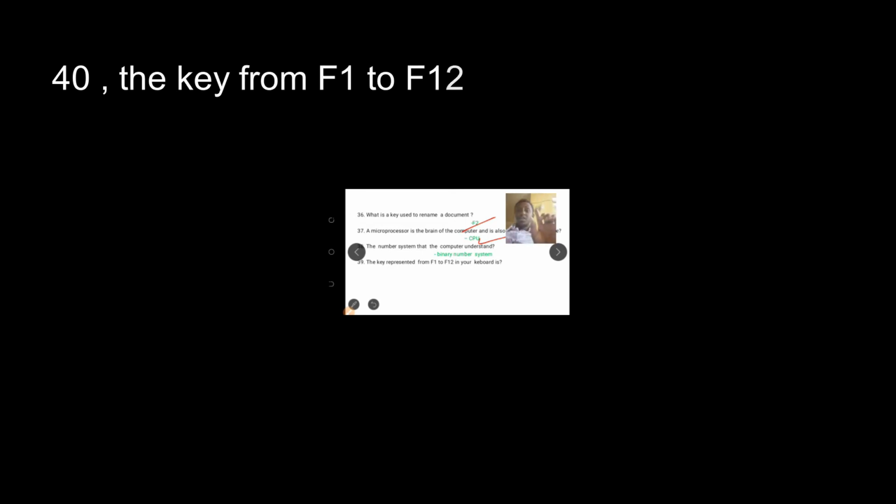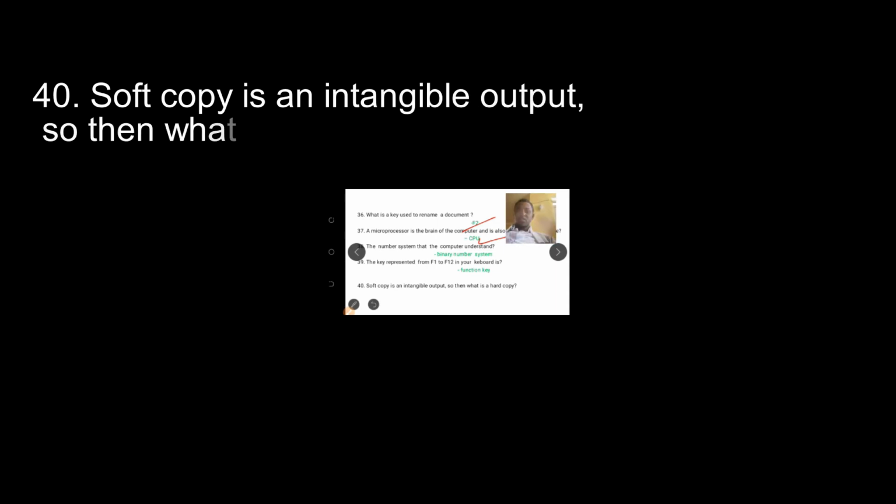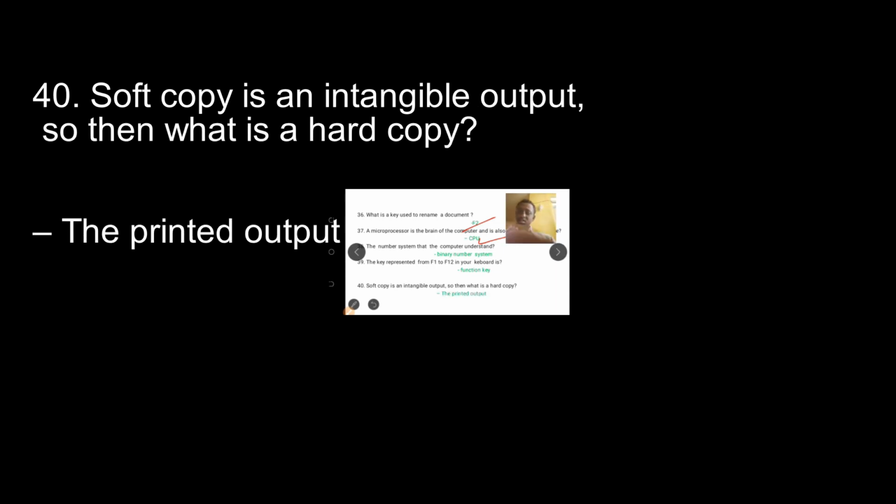The key representation from F1 to F12 in your keyboard is ኪቦርዳችን አለ የኮምፒውተራችን ወይም ላፕቶፓችን ከF1 እስከ F12 ያሉት ስፔስ እንትን ኪዎች ምንድነው የሚባሉት? ፈንክሽን ኪ ይባላሉ ማለት ነው። Soft copy is an intangible output. What about hard copy? The printed output እንለዋለን ማለት ነው።